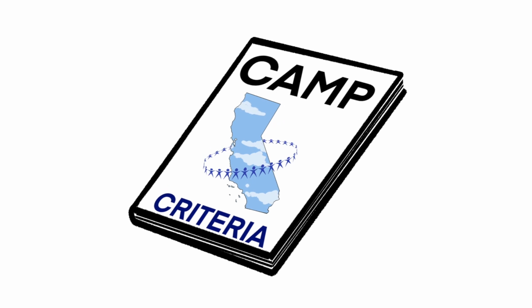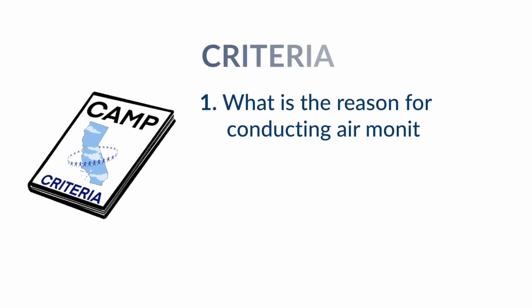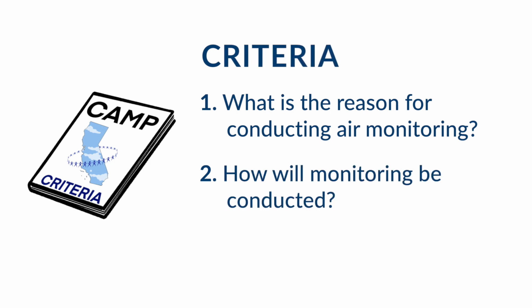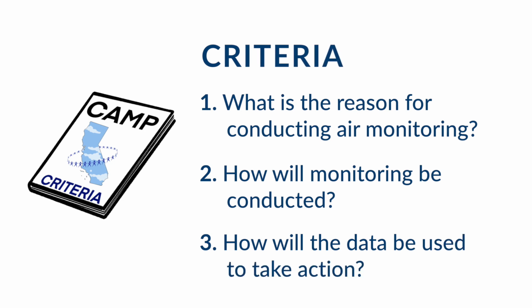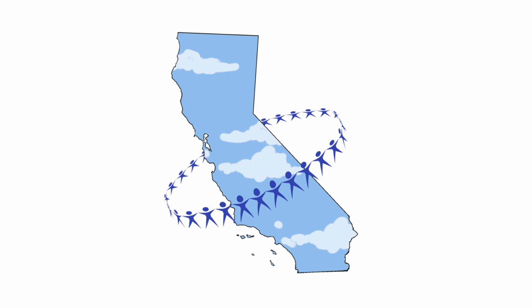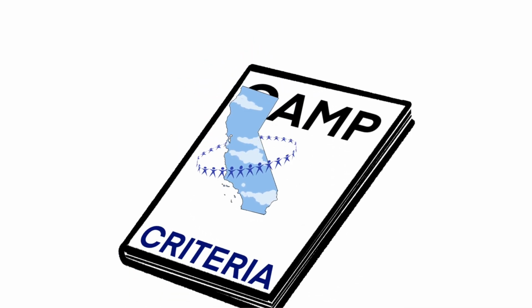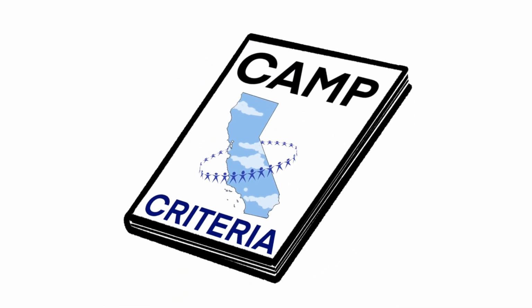CARB has defined criteria to guide communities in the development of CAMPs. The criteria addresses 3 key questions. 1. What is the reason for conducting air monitoring? 2. How will monitoring be conducted? 3. How will the data be used to take action? The CAMP ensures that monitoring is appropriate to achieve air quality goals and support actions to improve air quality in